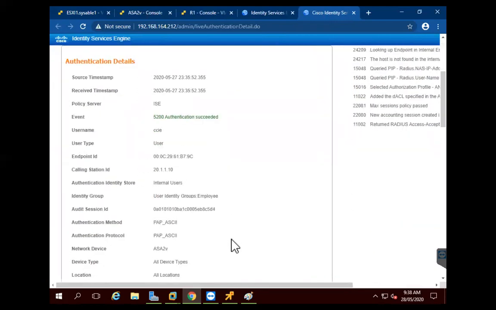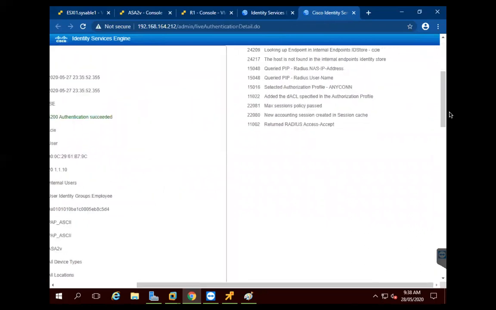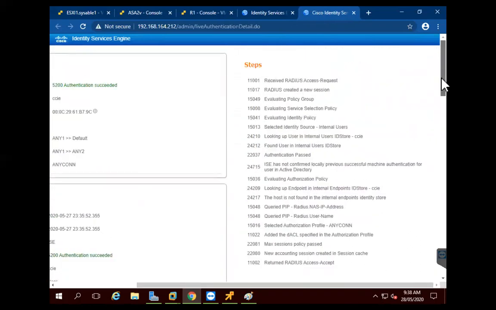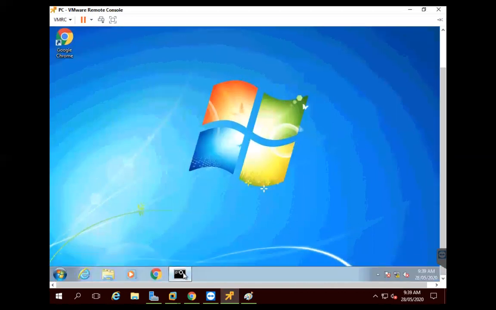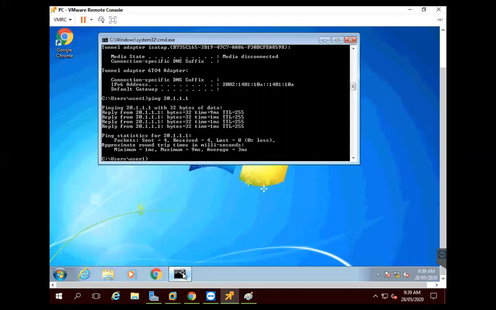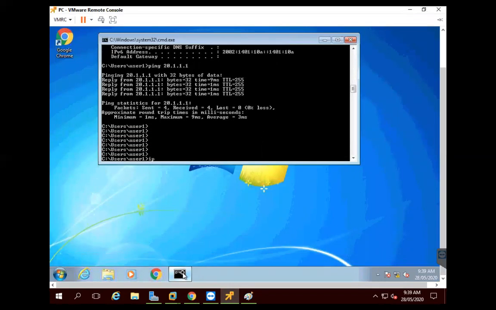On the right hand side, you can see the different steps which have occurred, and at last it returns RADIUS access accept. So the authorization profile has also been attached as AnyConnect. So now I will go back to my client PC, and I will check the IP address assigned for this PC.